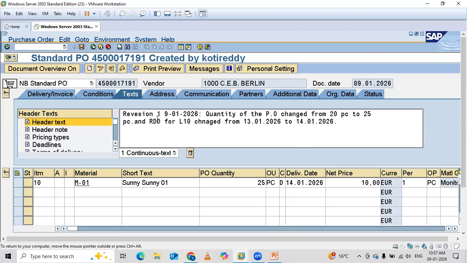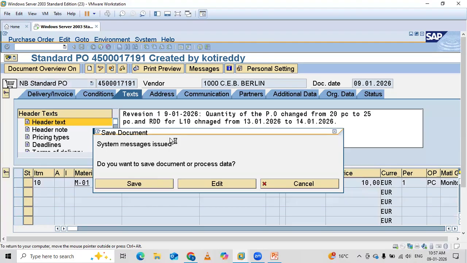This is a revision PO, not a new PO. We already have this in our system. When our company sends a revised PO, the vendor will not duplicate this PO and will not make multiple shipments for the same PO. You need to mention this at header text and just save it.